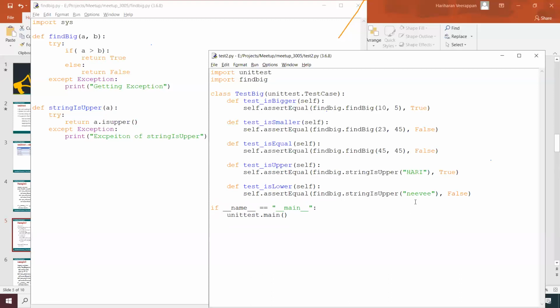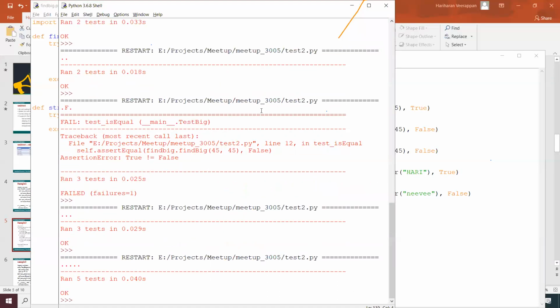This is a lowercase string, so it should return false. If it is an uppercase string, it should return true. Whenever we run this application, we ran those 5 test cases and we got the output okay.